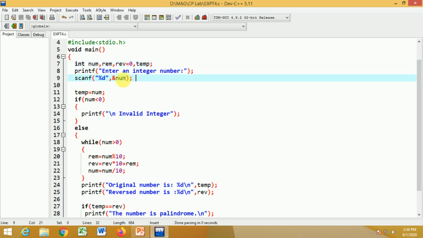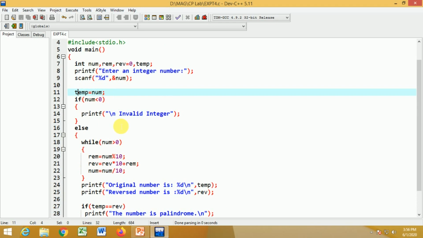So now we have read the number to be reversed into the variable num. After that, before we actually perform the reversing operation, we take a copy of the original number into some temporary variable, that is temp. Why? Because whenever you reverse the number, you will be changing the digits of that number.